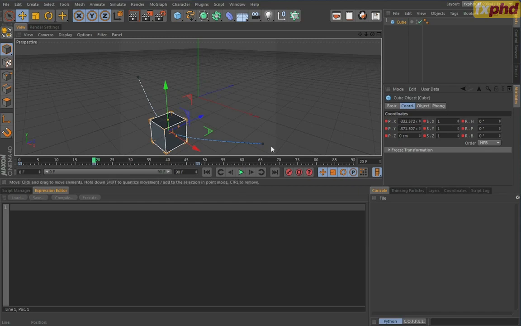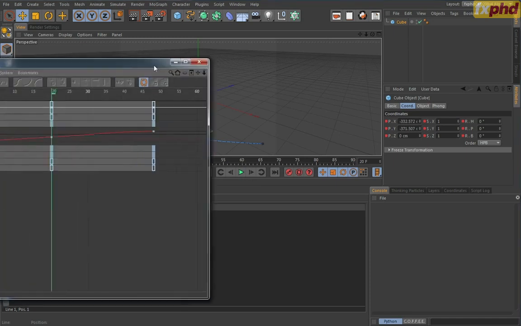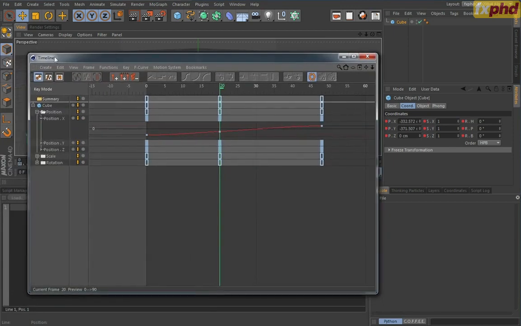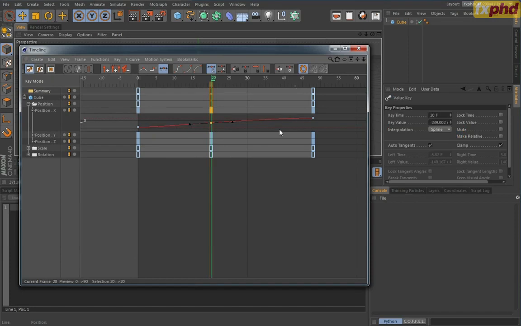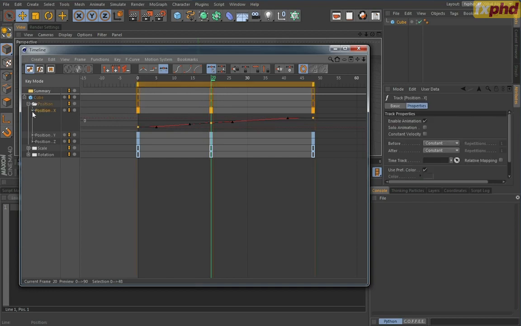A key is not just being set at a time frame, but a key is being set on a curve, on a track. And the best way to visualize that is to look at the timeline editor here. If you go into the key mode, which is the first mode here, you can see it very well by looking at the graph here. First of all, we have the keys, which are these. Then you can see the keys are sitting on a curve, and that curve is within this piece here, which is a track. And the track belongs